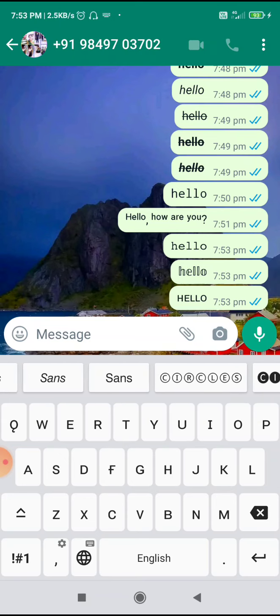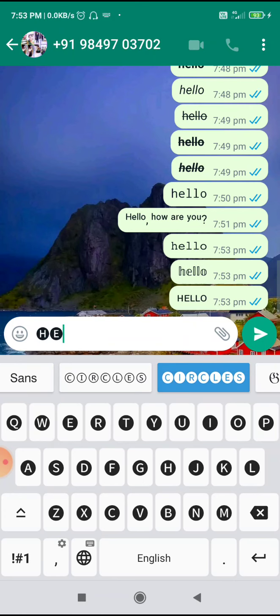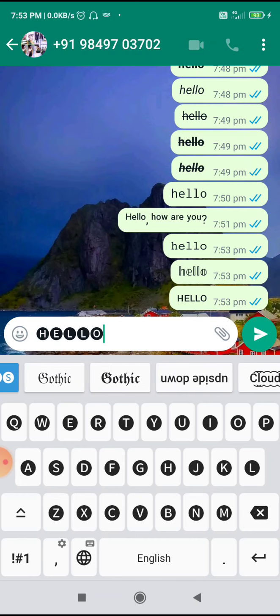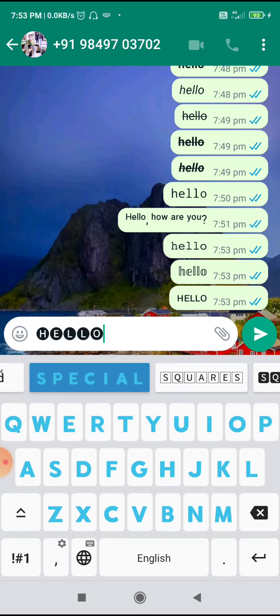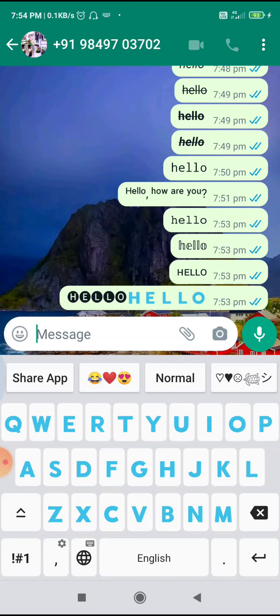You can see there are many, like circle text. If you want, you can use this color text. So in this way you can type different types of pre-formatted text.